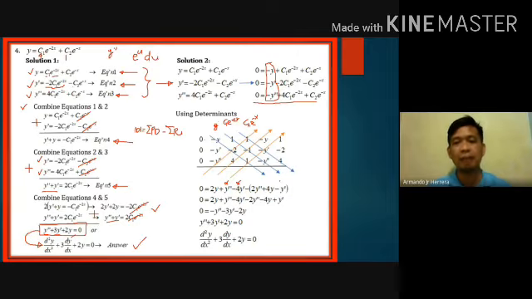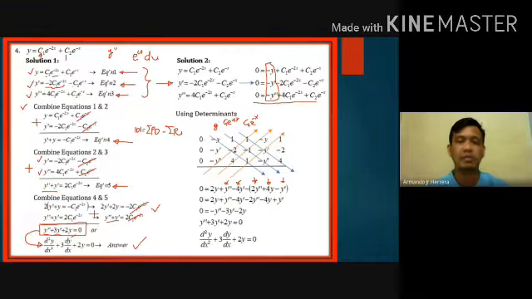Minus summation naman ng product ng ups, kaya naka-enclose yan sa parenthesis. So product ng ups, negative y double prime times negative 2 times positive 1 is positive 2y double prime. Next is 4, negative 1, negative y. That's positive 4y. And then 1, negative y prime, positive 1 is negative y prime. So all I need to do is to distribute this negative dun sa nasa loob ng parenthesis. Then 0 is equal to 2y plus y double prime minus 4y prime minus 2y double prime minus 4y plus